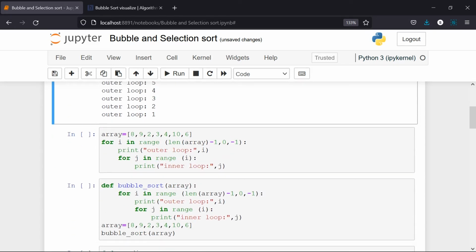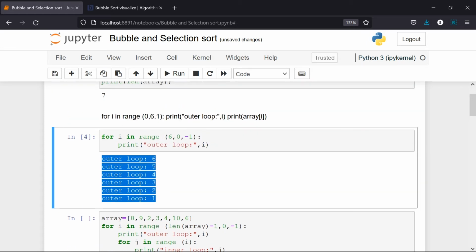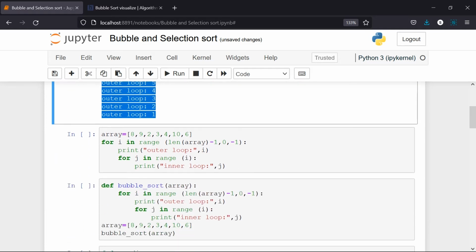So we know this loop has to run from 1 to 6 because we have 7 elements. But the comparison is a total of 6 comparisons, right? The last element is going to be neglected, since a comparison is between 2 elements. So we have to do that operation only 6 times. Even though 7 elements are there, the operation has to be performed 6 times.